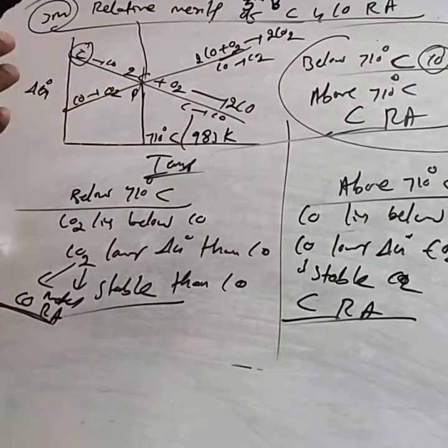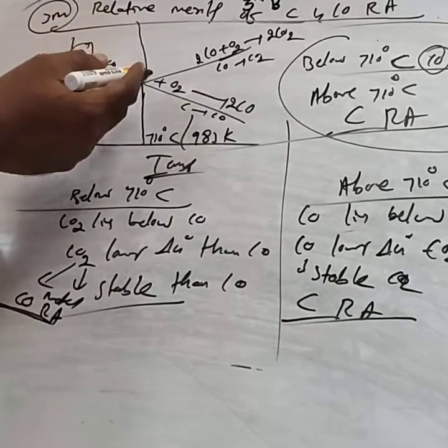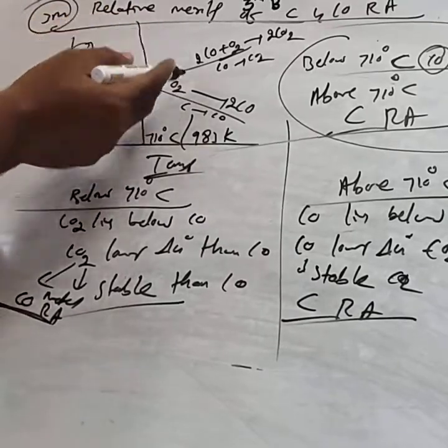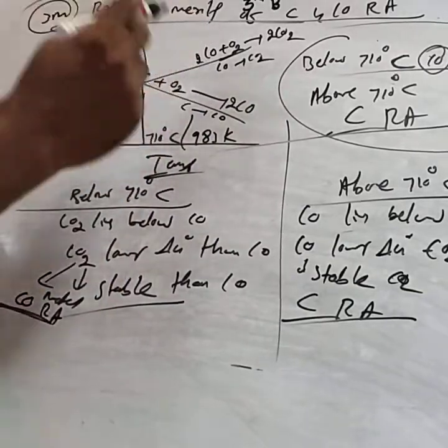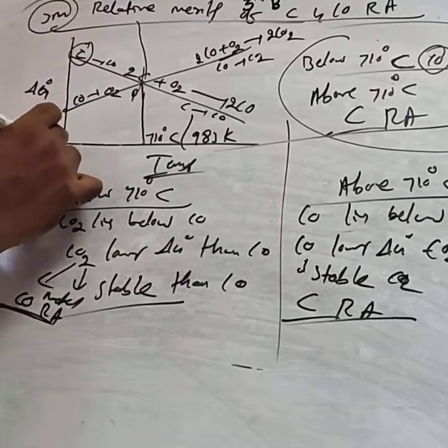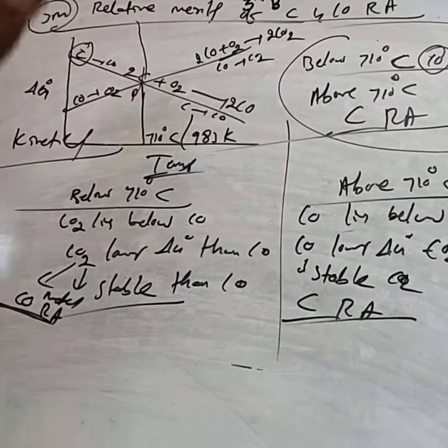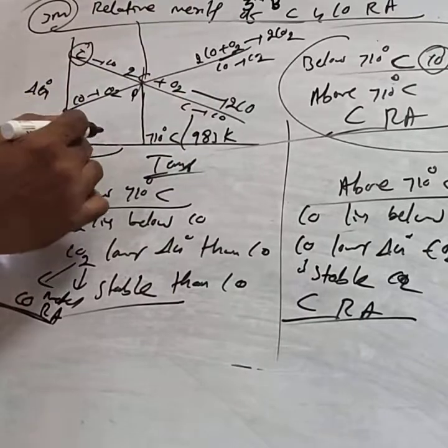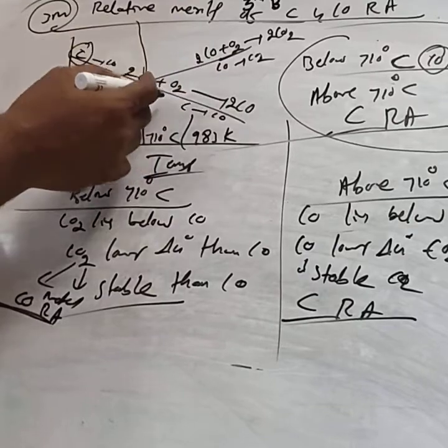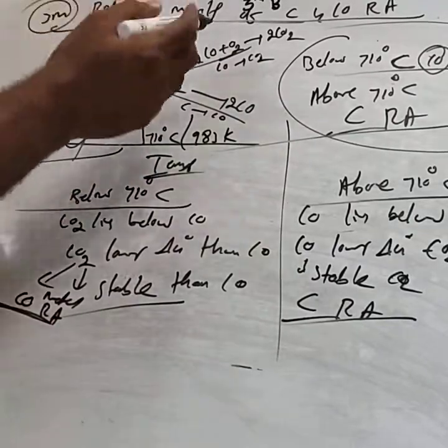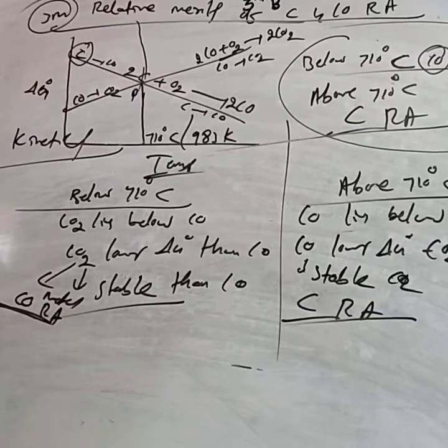Next, one of the most important drawbacks, the limitation of the Ellingham diagram, is that it gives information on whether the reaction occurs or not, whether the reduction process takes place or not, but it does not explain the kinetics of the reaction. Kinetics means whether the reduction process occurs at a slow rate or a fast rate. This is about the selection of the reducing agent.